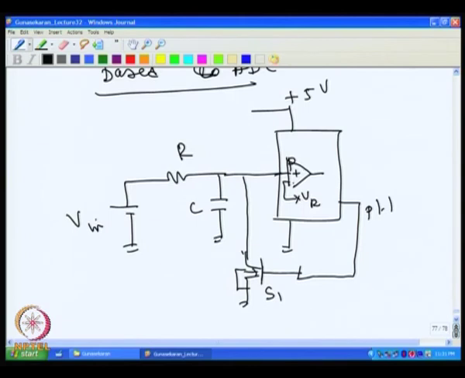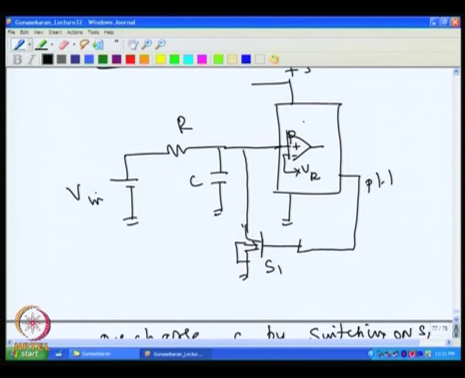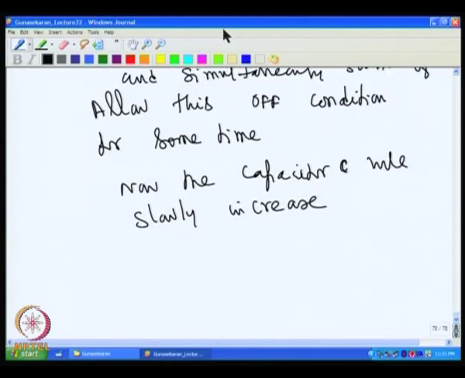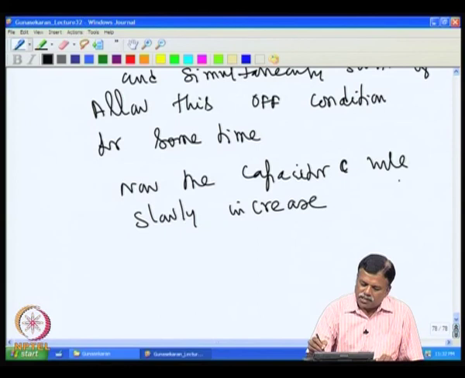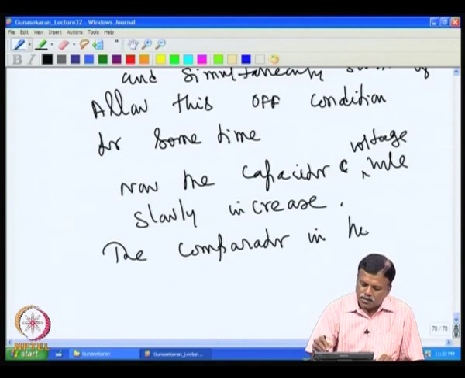If the input is given to the plus input of the microcontroller comparator, the capacitor C voltage will slowly increase. The comparator in the microcontroller will change state